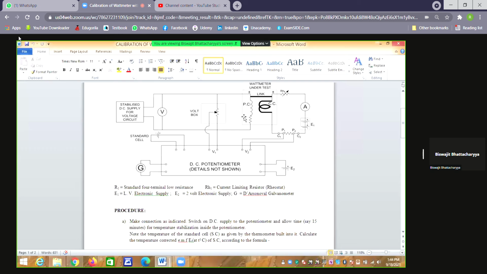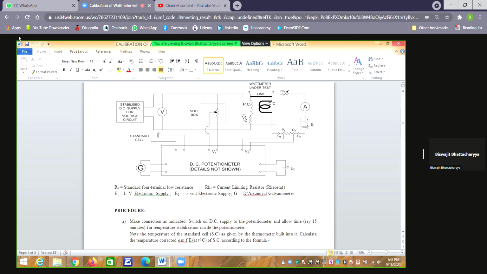Actually, a pressure coil is a coil of large number of turns. So a few hundreds of turns are there in the pressure coil. There, it is having some large resistance. But to reduce the current of the pressure coil further to a very small value, you know, pressure coil is a moving coil. So you want to reduce the current of the moving coil always.